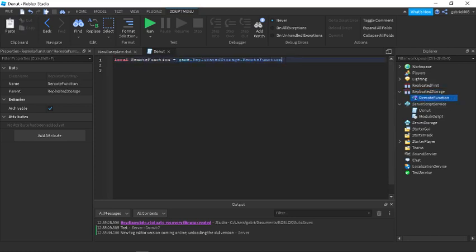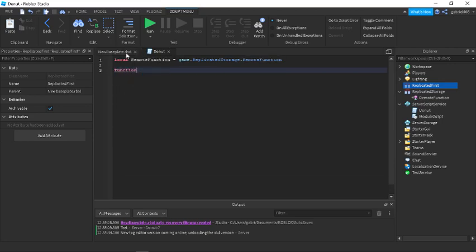This is probably the first thing that replicates. Replicated storage will replicate first, so you don't have to wait for anything in replicated storage. It's probably one of the fastest things that load in. And then remote function, well,